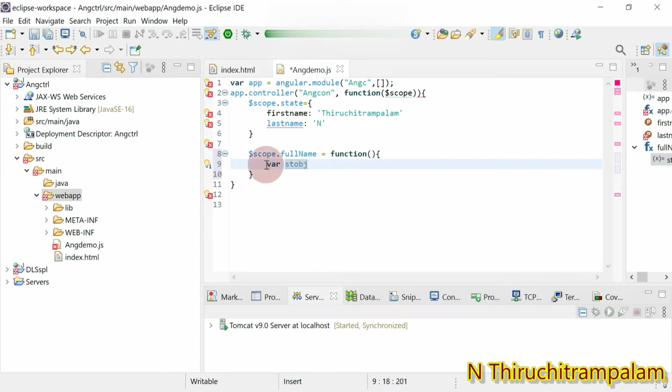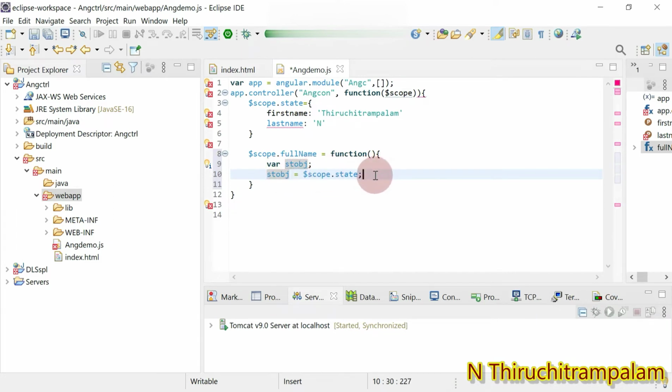It's an object variable, and then I assign stobj equal scope dot state. Whatever the object I created using scope, that property is assigned to the stobj variable.